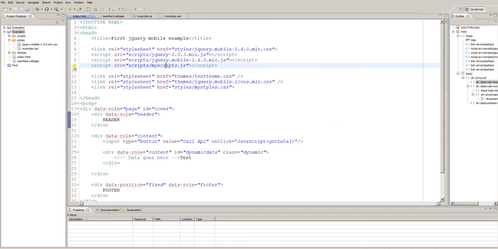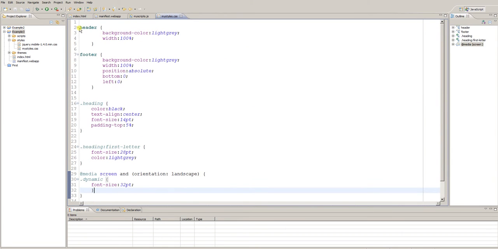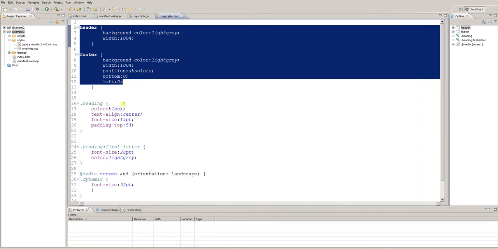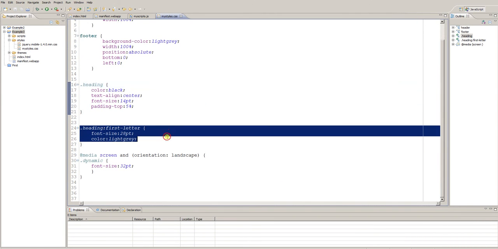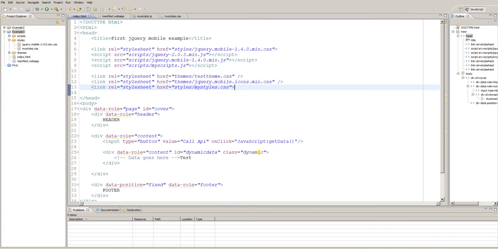Besides our JavaScript file, we also included our own styles file called MyStyles.css. And before I show you the result of what we will do now, let's look in our file MyStyles.css. As from previous examples, we have the styles for header, footer, heading, and so on, heading first letter. And what is new now is, you remember, I defined a class dynamic in our index.html file. I gave the class name dynamic to our content div element where we